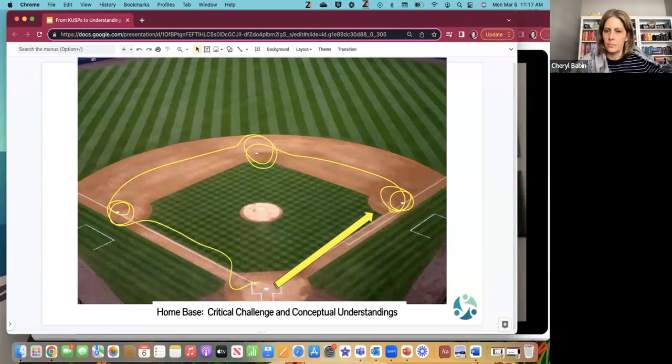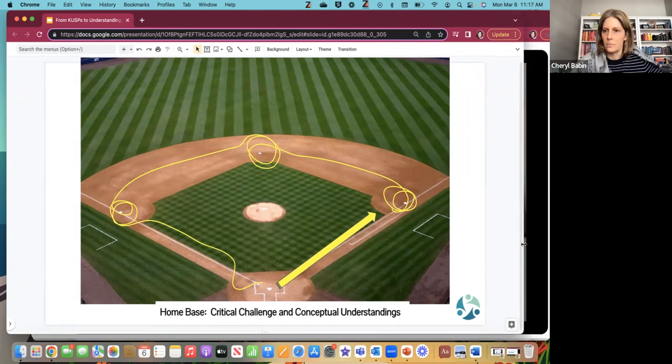Okay, so imagine that each batter is going out to first base and learning a little bit about persuasive writing as a type, and then playing with some persuasive language, identifying which text is more persuasive than another, what the qualities of that were, and then coming back to home plate. Well, this whole sort of home run, if you will, is meant to help us go learn a little bit more about persuasive writing. And then we come back and we can look at our critical challenge again, and we will feel like, okay, I really understand now what persuasive writing is.